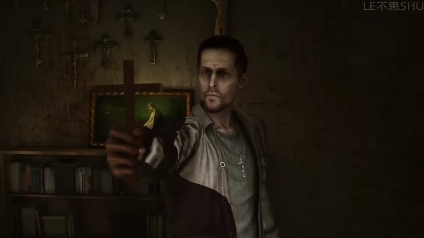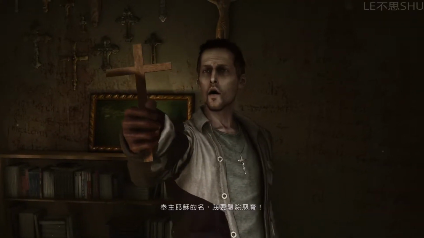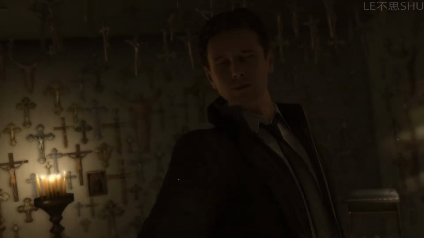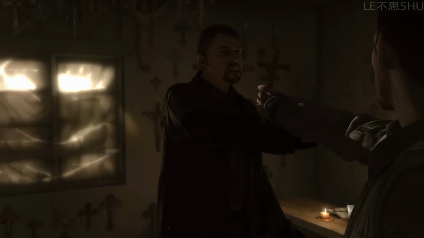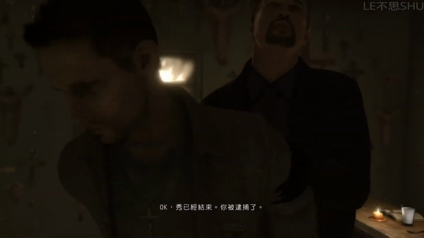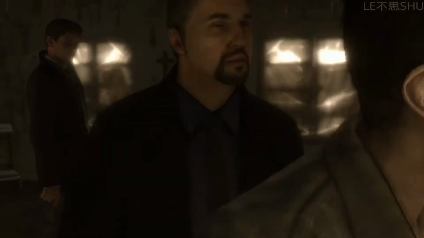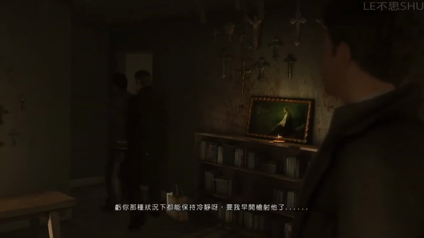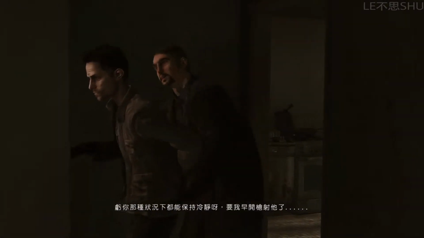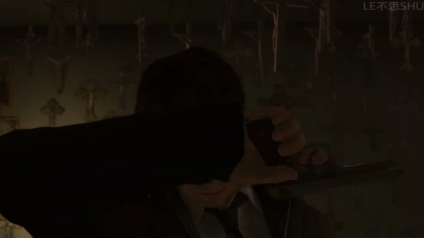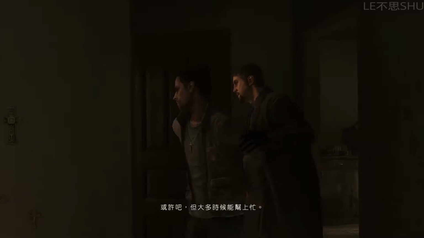In the name of the Lord, I exorcise thee, Satan. Okay, freak, the show's over. You're under arrest. Pretty damn cool under the circumstances. I would've just shot him. A gun isn't the answer to every problem, Blake. Maybe not, but most of the time it helps.